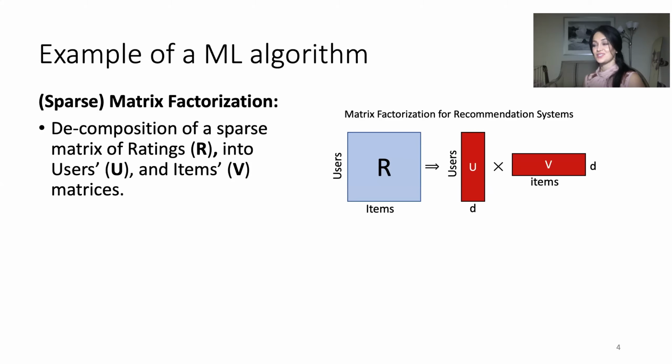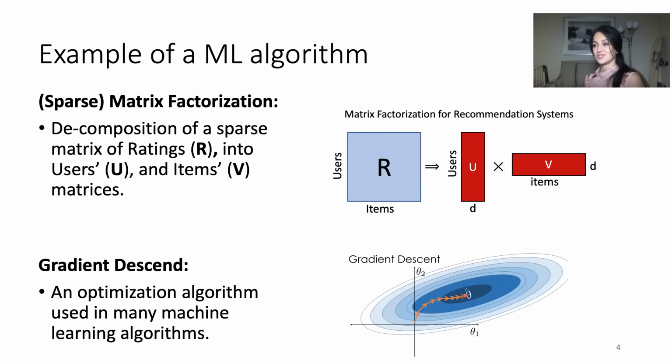Matrix factorization is a nice example of a machine learning algorithm that has been extensively used by major companies and content providers as a building block for the recommendation system. In matrix factorization, the goal is to factorize the matrix of ratings as the product of two lower dimensional matrices of users and items. The model is trained by using the gradient descent method, which is a popular optimization algorithm and being used in many ML computations, such as support vector machines, deep learning, and many others. In gradient descent computation, the model parameter will be updated iteratively until a local minima is reached.